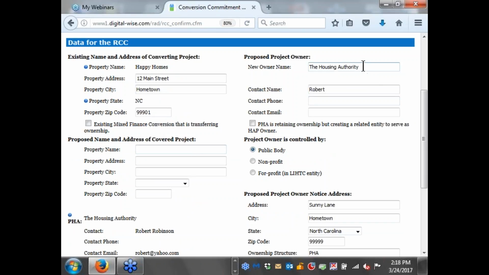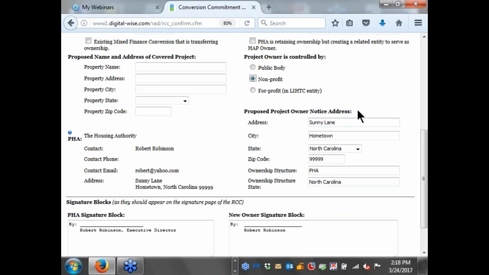So let's make a look right here. Let's just say that the PHA is the current owner. It's not a mixed finance transaction, but I have a new owner. We're going to actually transfer the ownership to somebody else. So we're going to have a new nonprofit. That new nonprofit, Greg's going to own that, and we'll put his information in, and it's actually a nonprofit. I have a new